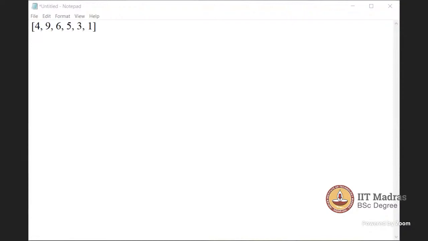Okay, it says it's according to ranking. So according to ranking, this is the input I have to that particular procedure: 4, 5, 6, 10.